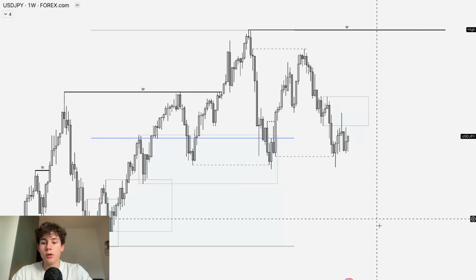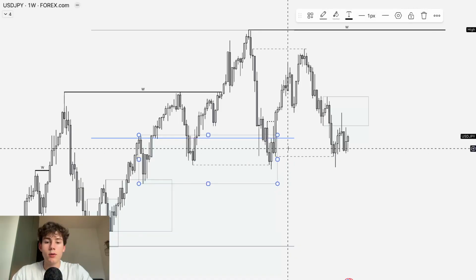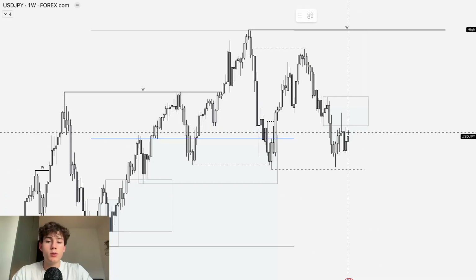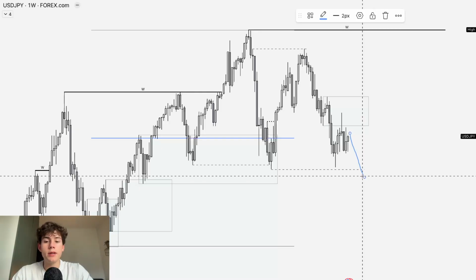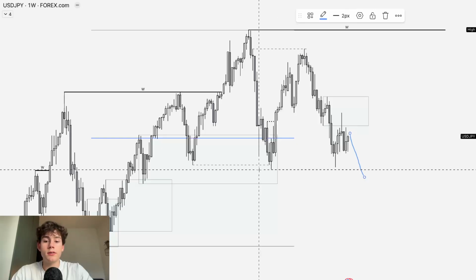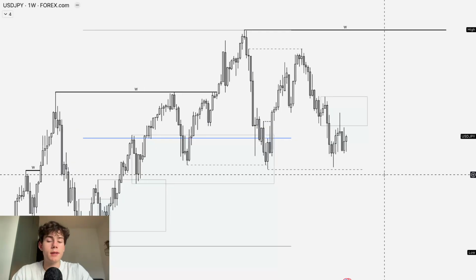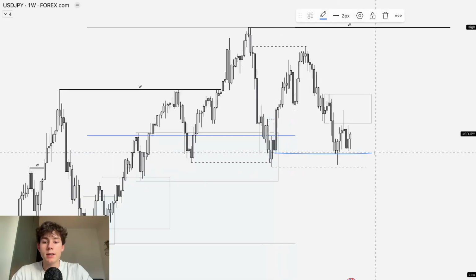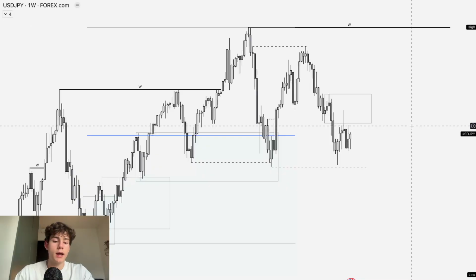So that's definitely possible, but at the moment this supply is still in control, and we still have some more liquidity, of course, open at this ultimate low. And if we swipe this low, that would swipe a lot of people. So I wouldn't be surprised if we actually saw that swipe, because then a lot of traders would hit their stop loss, and then we could see them move up higher. So I'm going to be a little patient here, wait on a daily and a 4-hour to see if we're already going to trade up higher from this demand zone and this liquidity, or if we are having one more swipe before moving up higher.